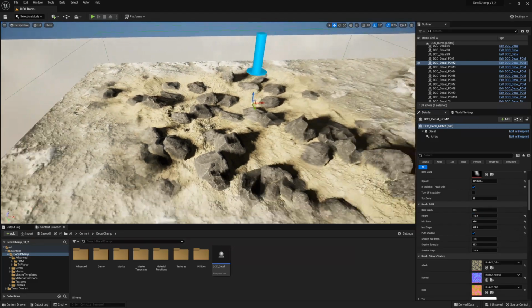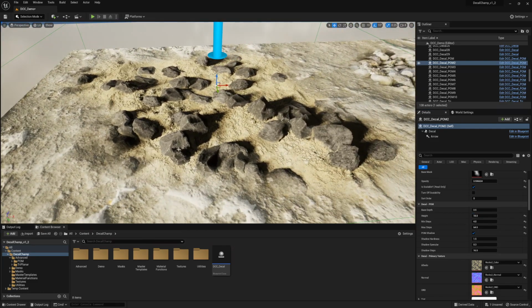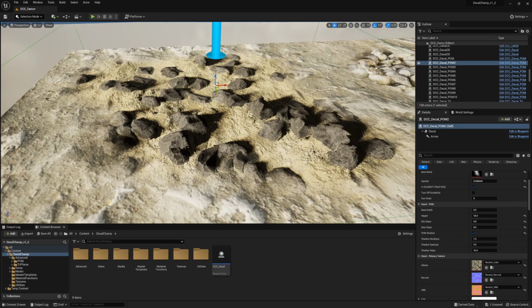Like I said, remember, it is just an illusion. There is no real geometry here. And what you'll see, the max steps are when you're looking in on the side like this. This is how many iterations we want. Now, the higher number will give a smoother look. 64 is quite high. If I go down from like 8, you can see these steps a lot clearer on